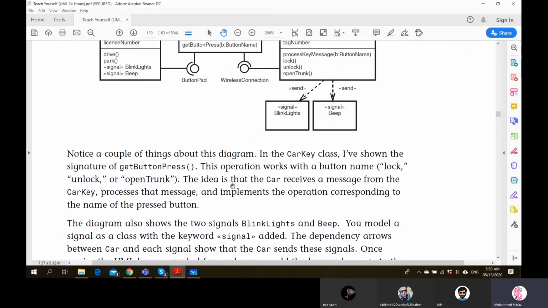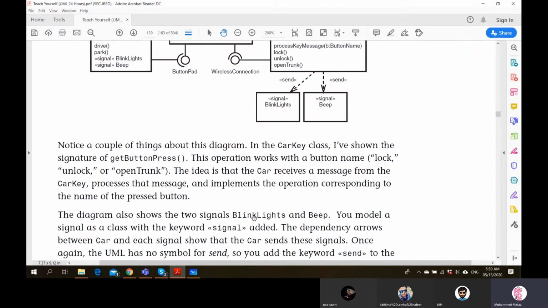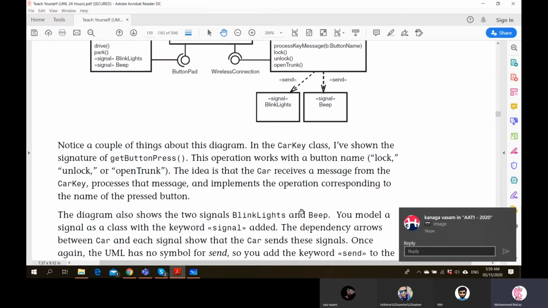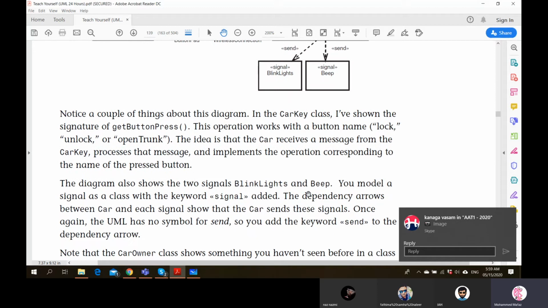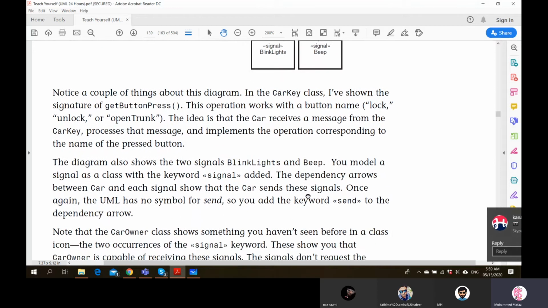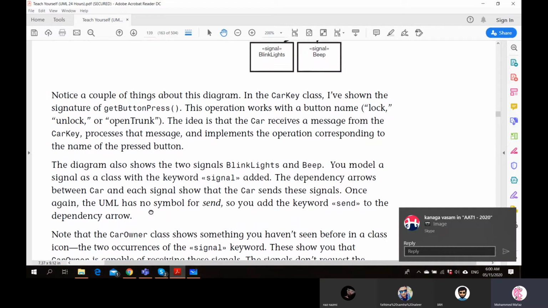Right. So the diagram also shows two signals, blink lights and beep. You model a signal as a class with the keyword signal, as we showed here. The dependency arrows between car and each signal show that the car sends these signals. The car is sending some of these signals here. Once again, the UML has no symbol for send.